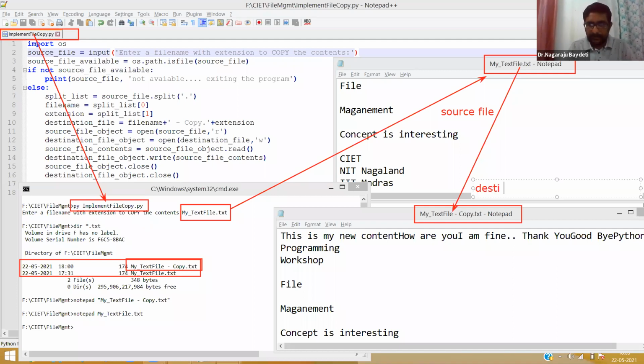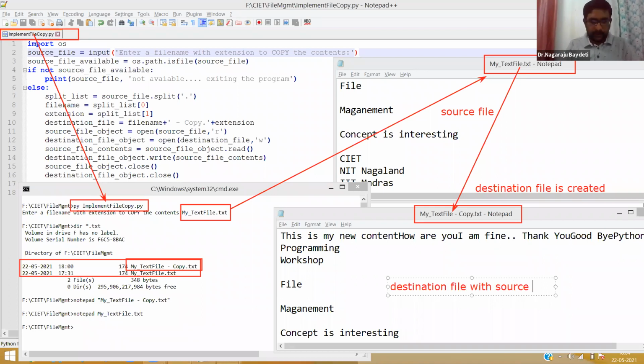The destination file is created, and then the contents are copied. The destination file with the source file contents copied. So that's it about the file copy.